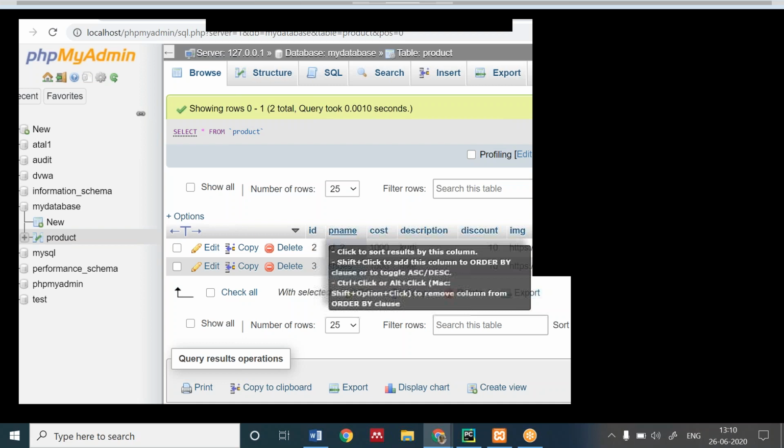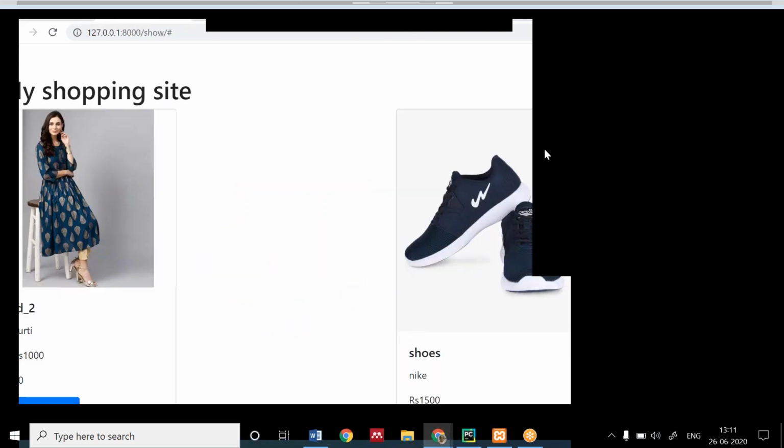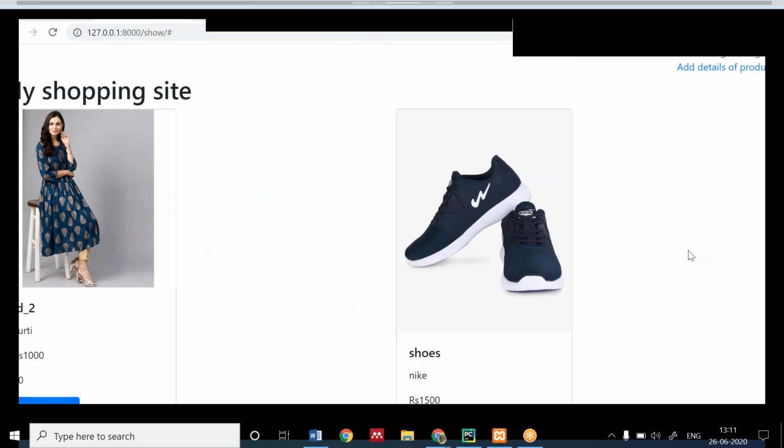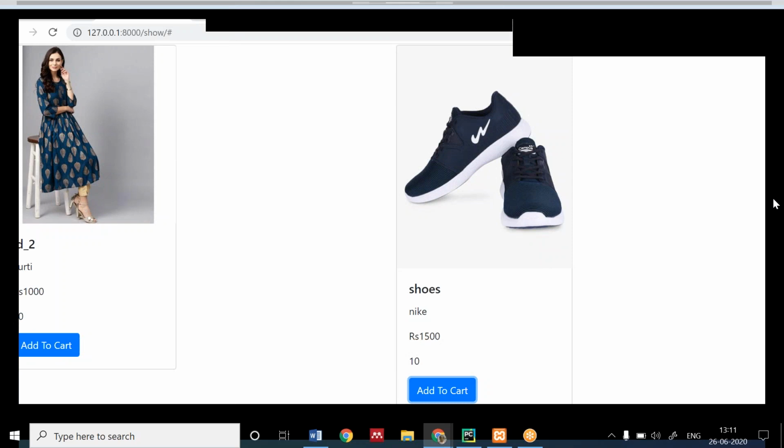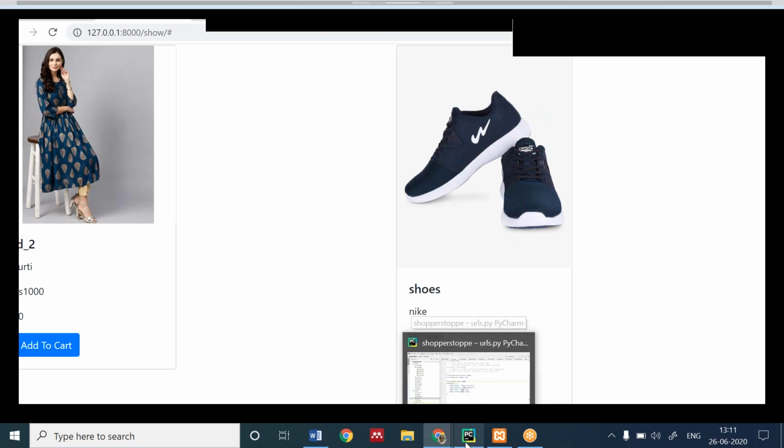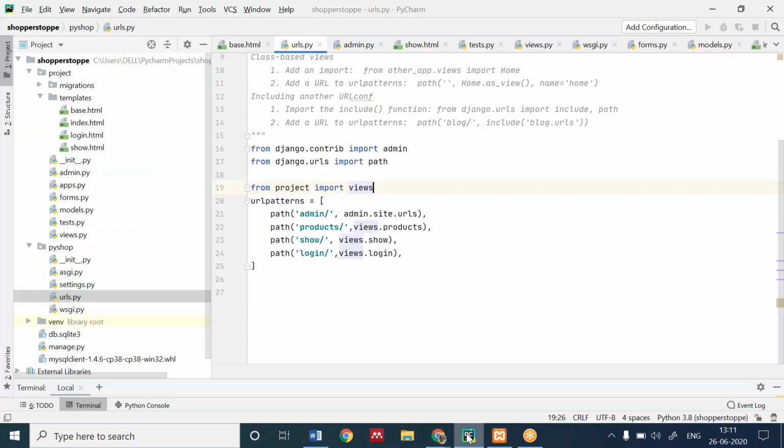It's getting it from here and I'm able to see it here. It's just a demo one. We can add the header also, which we added that day. Let me check it.